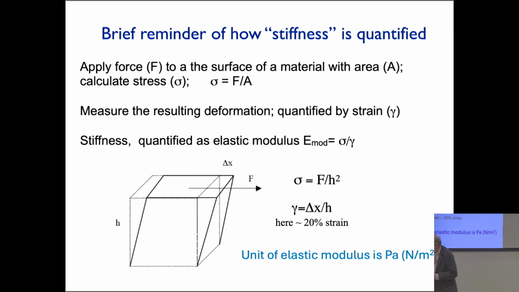If you have a material that is a solid, a perfectly elastic object, and you put a known force on it, you get a constant deformation. Or if you have an apparatus that imposes a constant deformation, you get a constant force. And the ratio of the force to the deformation gives you some measure of stiffness.